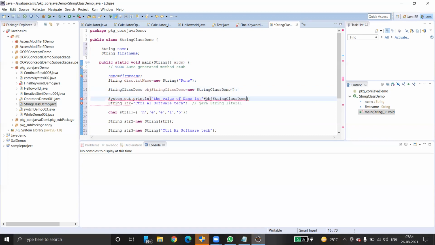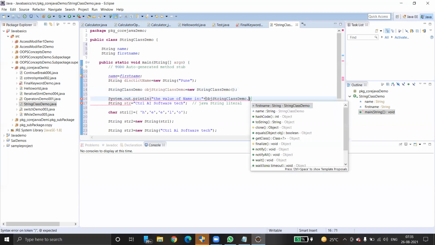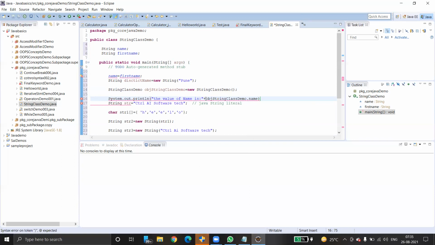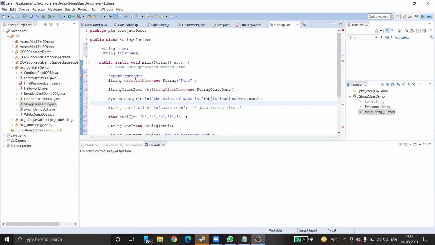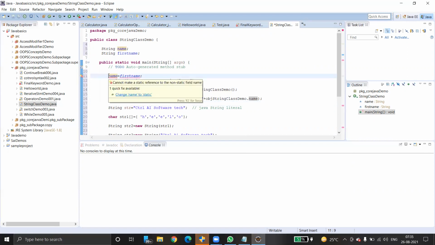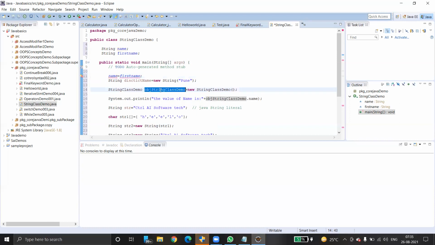They're actually class level variables, right? Of course, you can use it. I mean to say that the assignment statement on line number 11, can we write that with obj dot name is equals to obj dot first name? Then we don't have to use static, right? Yes, of course.